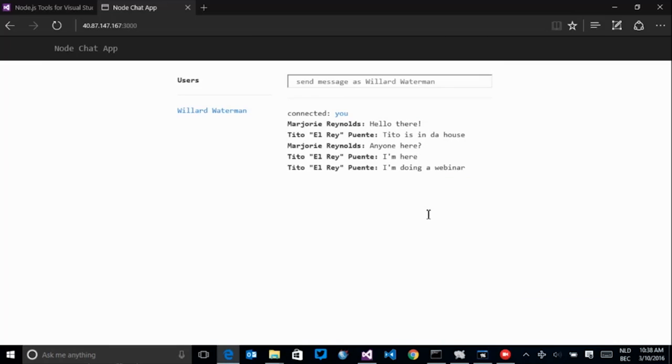We also get the list of messages that were already put in the chat room previously. They are sitting in our MongoDB database. So I can start chatting here. But what we want to do is, right now we have our application running. How can we now remotely debug into our application? So switching back to Visual Studio,